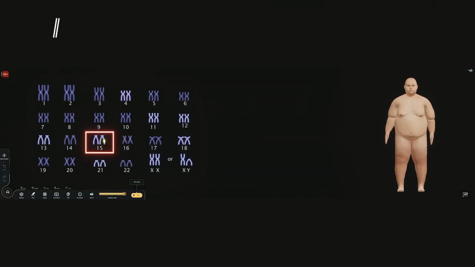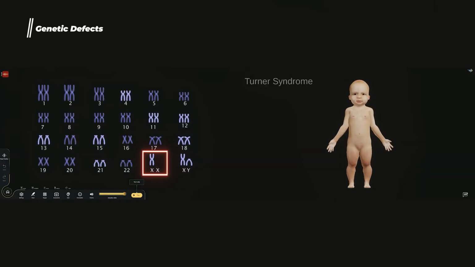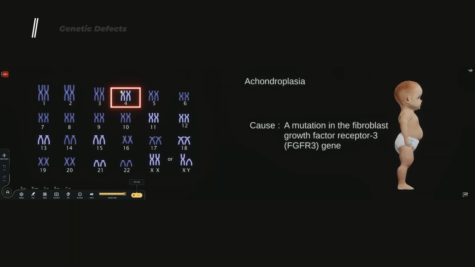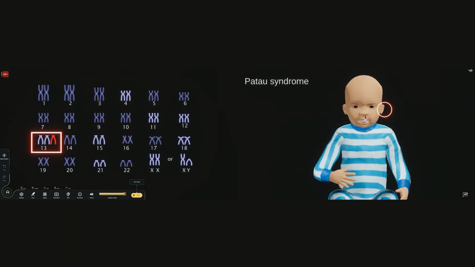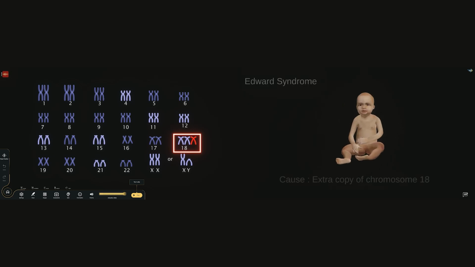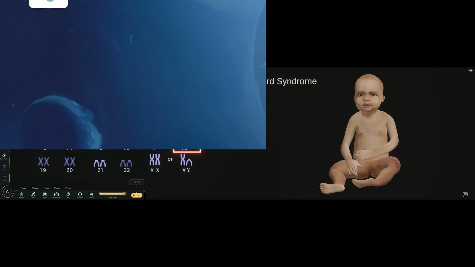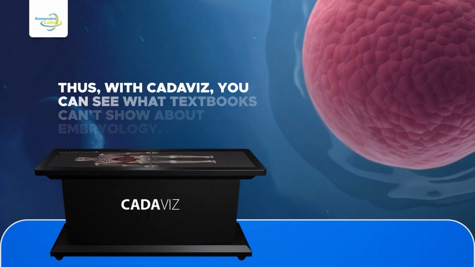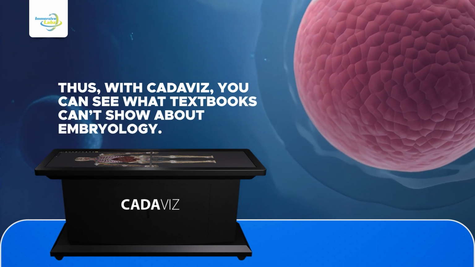By selecting the responsible chromosome, learners can delve into the genetic basis and clinical features of various disorders, making complex concepts easier to explore and understand. Thus, with Cadaviz, you can see what textbooks can't show about embryology,